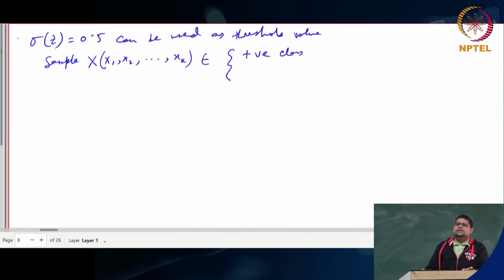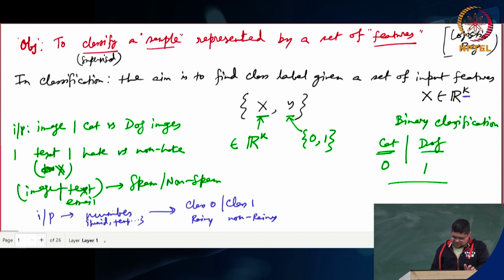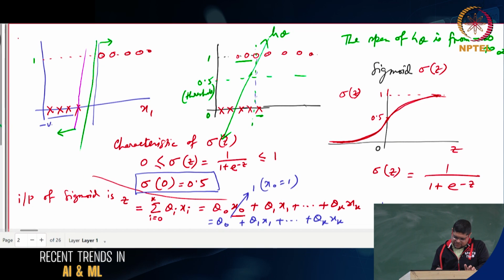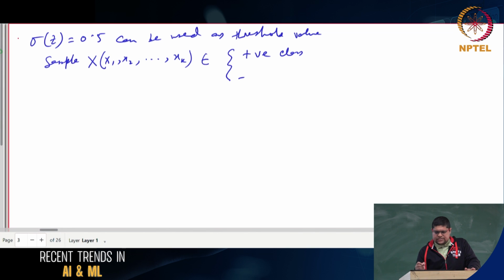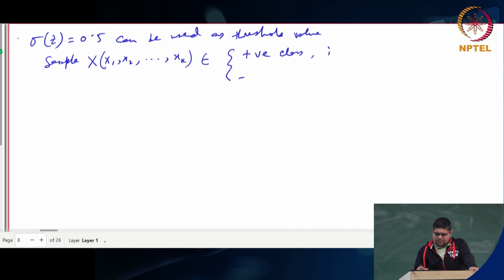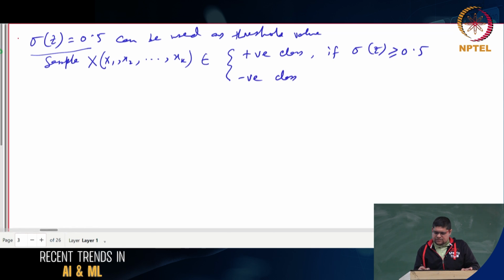Positive class means that the upper part maybe is the circle class, and the negative class maybe the cross class. So here, this one I am denoting maybe as the negative class, and this one as the positive class. Okay, in this way. And when is it positive class, can anyone tell? If I am considering this as the threshold, that means if sigma z is greater than or equal to 0.5 it is the positive class, and it is in the negative class if sigma z